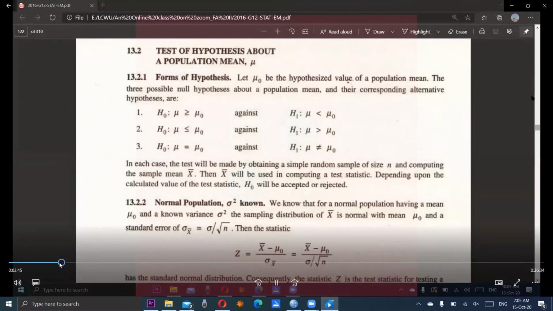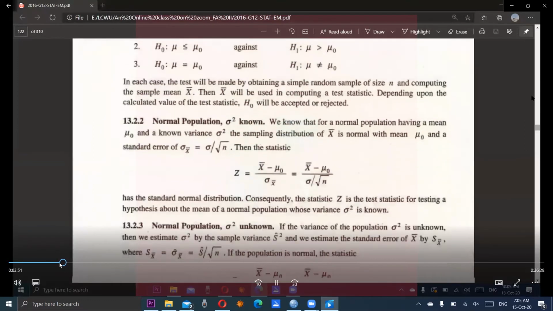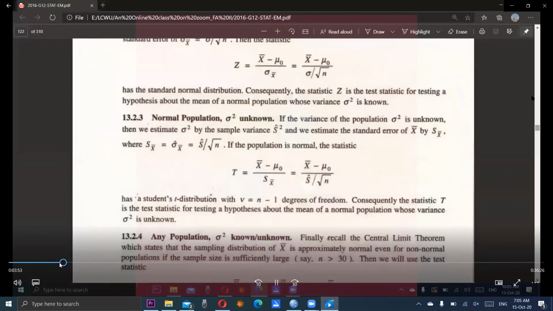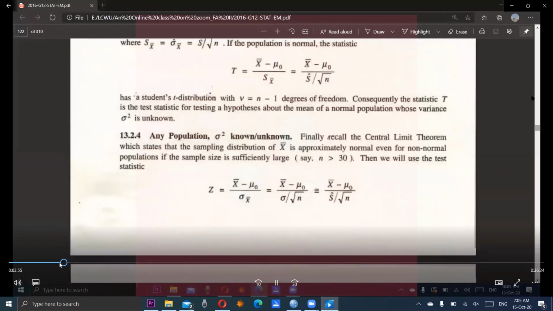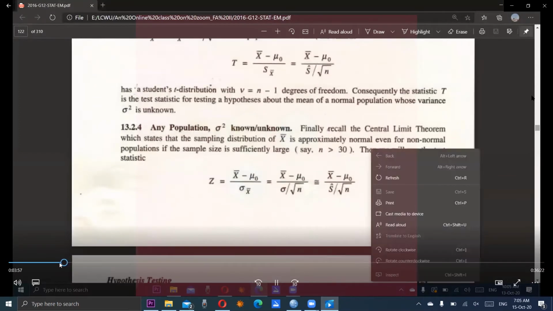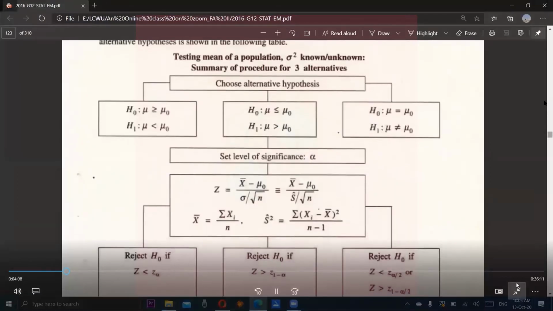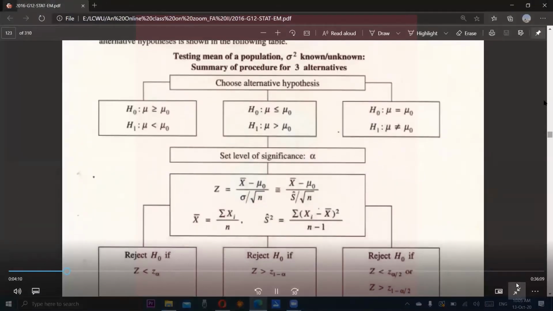We are going to test mean mu against a specified value mu naught. There are different forms of hypothesis and different cases are considered. We will consider a table here. This is an algorithm in which you can see there are three different forms which are shown in the form